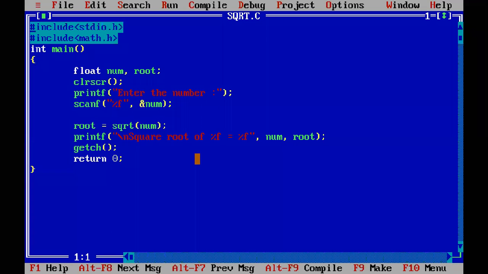Have you understood this one, getch? Yes, ma'am. So once you get the output, the problem is that if you do not use getch, you will get the output, everything up to here will execute. After that, return 0 happens immediately. So the execution ends there immediately, because just after this printf statement you have the return 0 statement. If you do not use getch, just after this printf statement you have return 0. So once this statement is executed, the user does